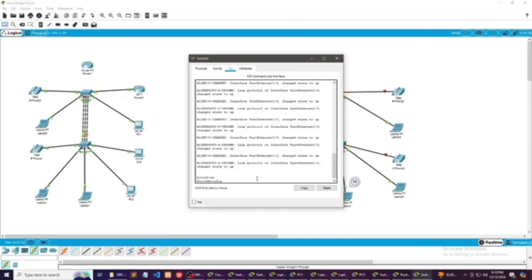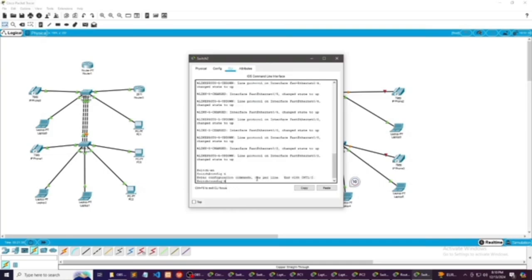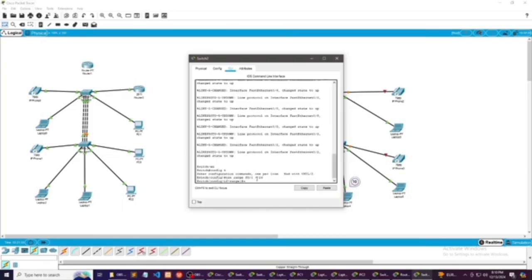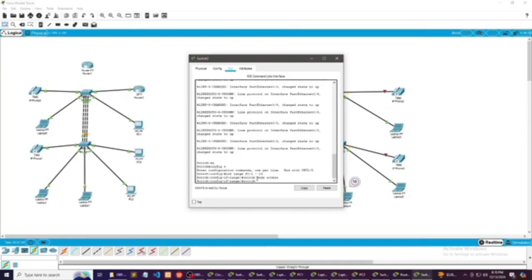Type int range of f0/1 space dash 24. Then enter, type switch mode space access, then enter, then switchport space voice space, sorry, voice VLAN 1.